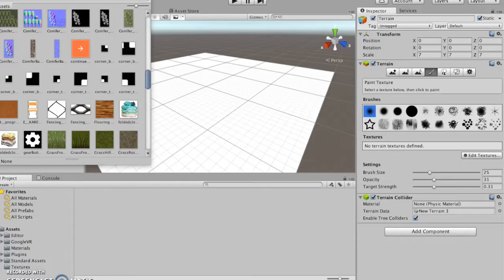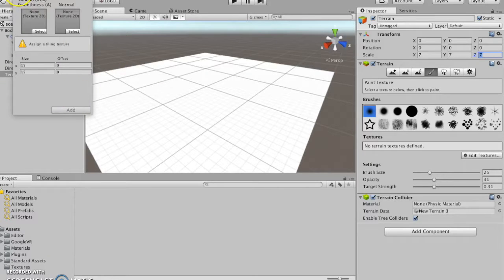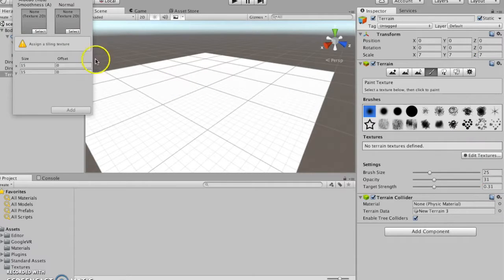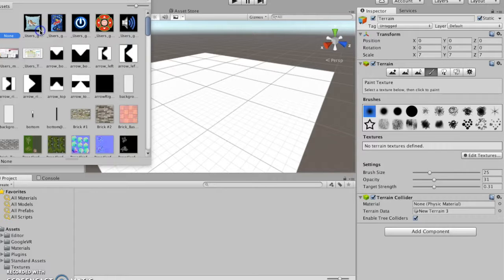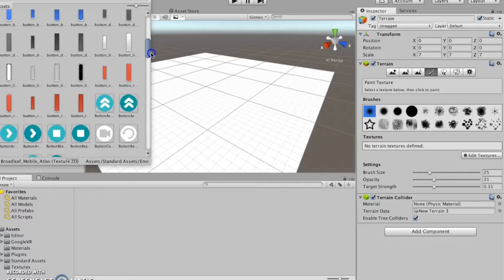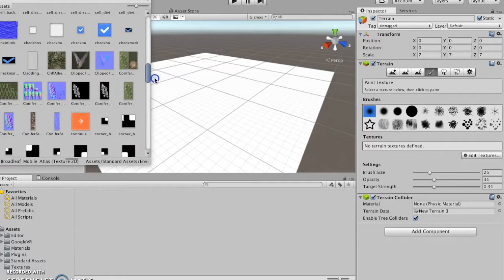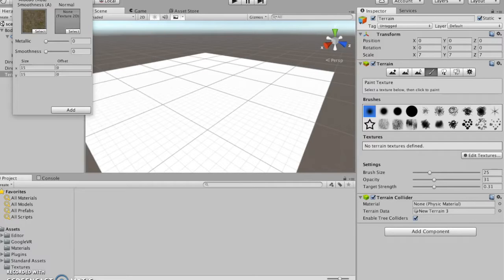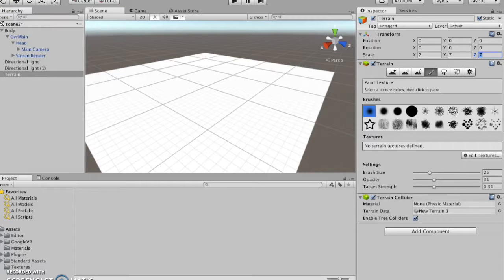If you don't see them, the first thing you would need to do, you click on that again, you should edit texture, add texture, and you click select. You should see things like trees, but also, if you scroll down, you should see things like grass hills and grass rock. If you don't see that, and you probably won't the first time you open up Unity,